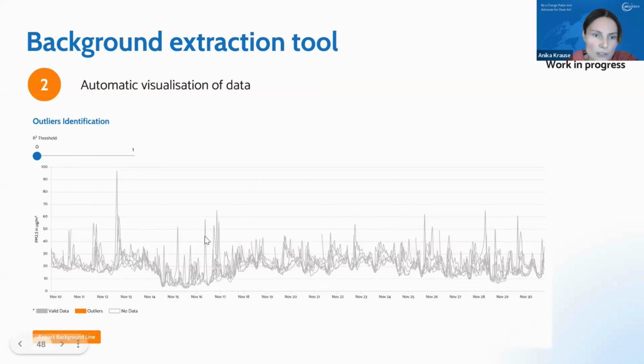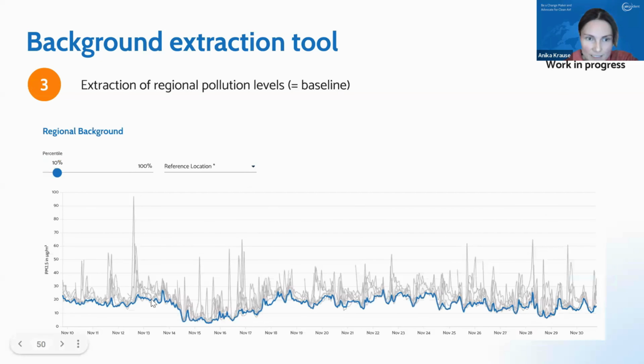And then on top of this, you have all these localized pollution spikes. And the tool then automatically, with one click, you can extract the baseline. And then you get this baseline, which you can then compare to a reference location.